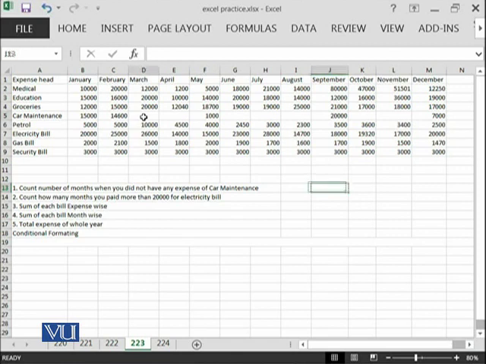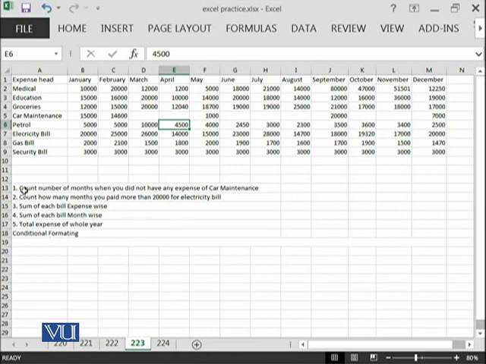So you can see that some of the cells are empty, which means that in the month of March, there was no car maintenance, so we did not pay anything to maintain the car. However, we use, of course, the car, and it consumes some expense in petrol. And on this particular sheet which we have entered, let's have different things which we have in our mind, and we want to get answers to those things.